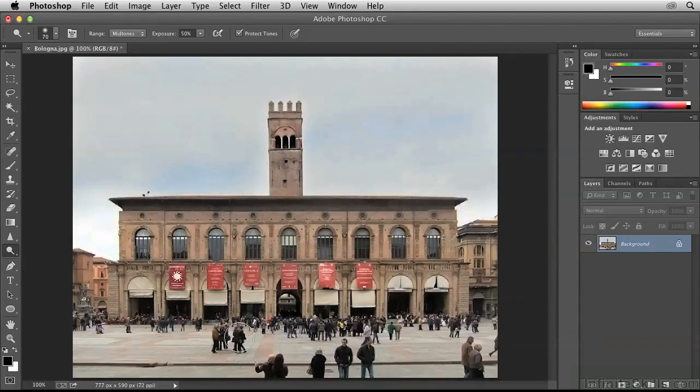Finally, I'd like to blur out some of the people down here in the foreground. To do that, use the Blur tool and set strength to 50% and paint over the people here in the midground. And then increase strength to 100% and paint over the people in the foreground. And while you're at it, paint over the curb